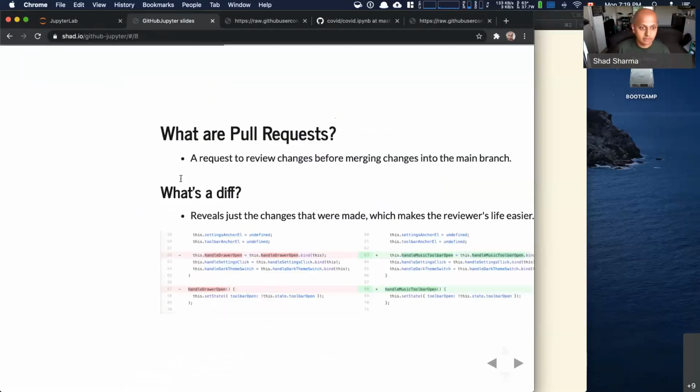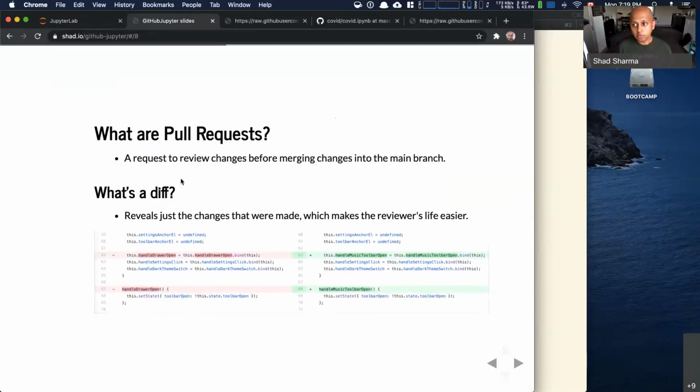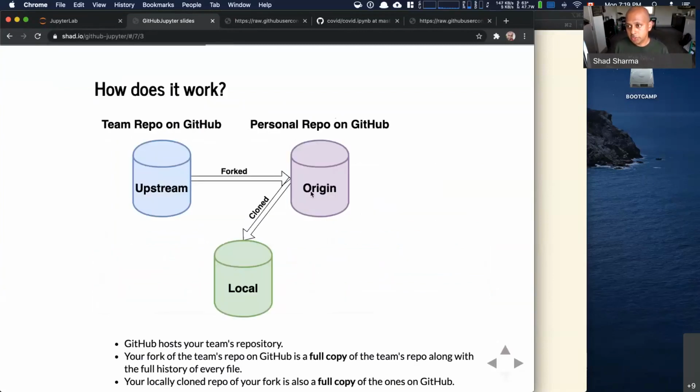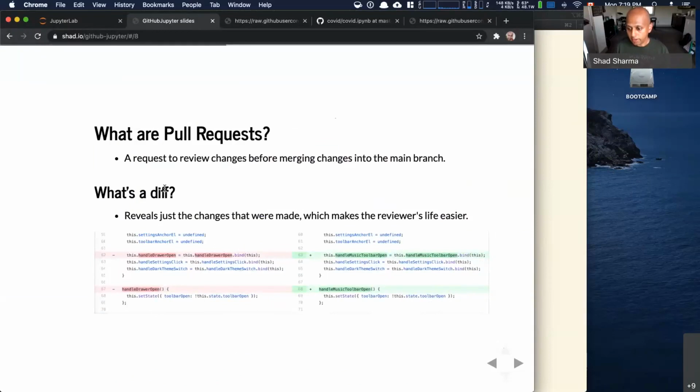Okay. So what are pull requests? If you make a change in origin, and you want that change to be reviewed and then pulled into upstream, that's when you make a pull request. The idea is you are requesting an owner in upstream to pull your changes, hence pull request. That's why it's called that. So when you send somebody a pull request, they will essentially get a diff of the changes, right? And the diff will basically show what's different between